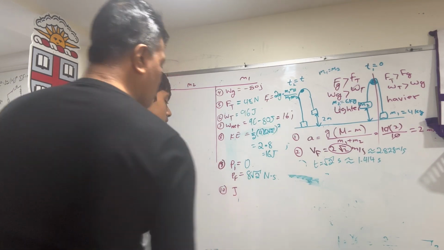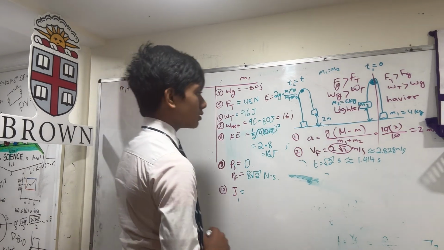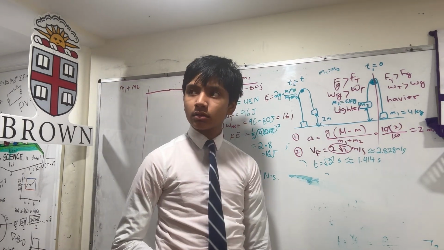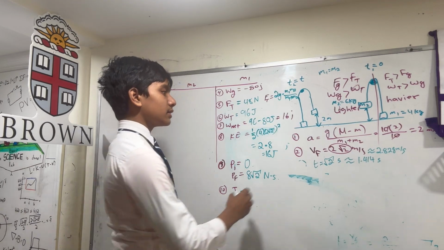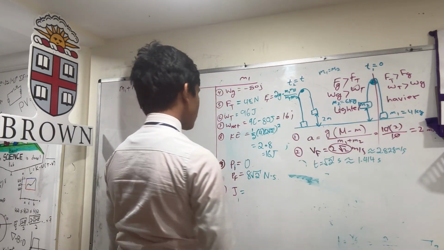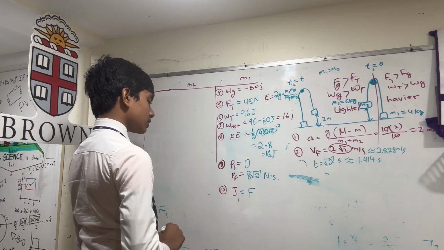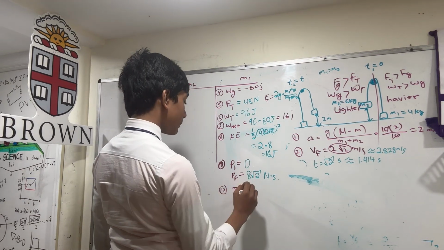Impulse on mass 1. The impulse on mass 1, well, when at 2 seconds. The impulse that was exerted on it by that force. Yeah, so that's just the amount of force that was exerted on it, multiplied by the time that